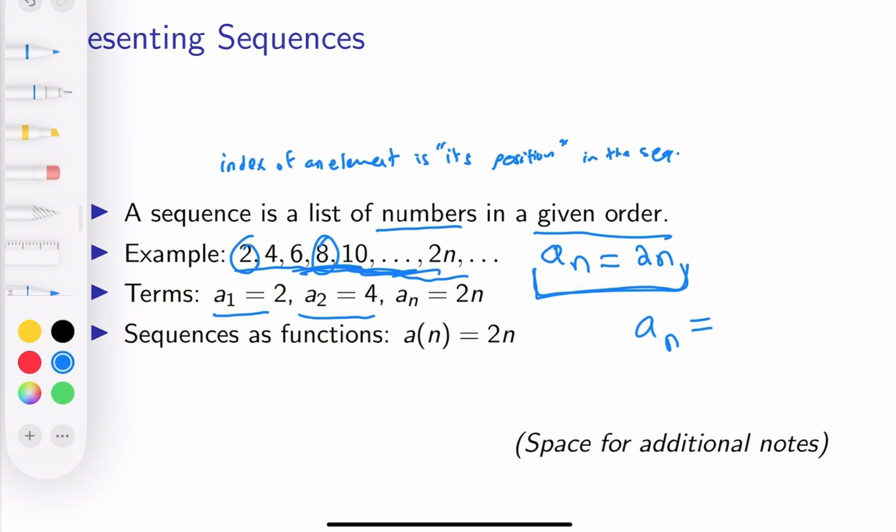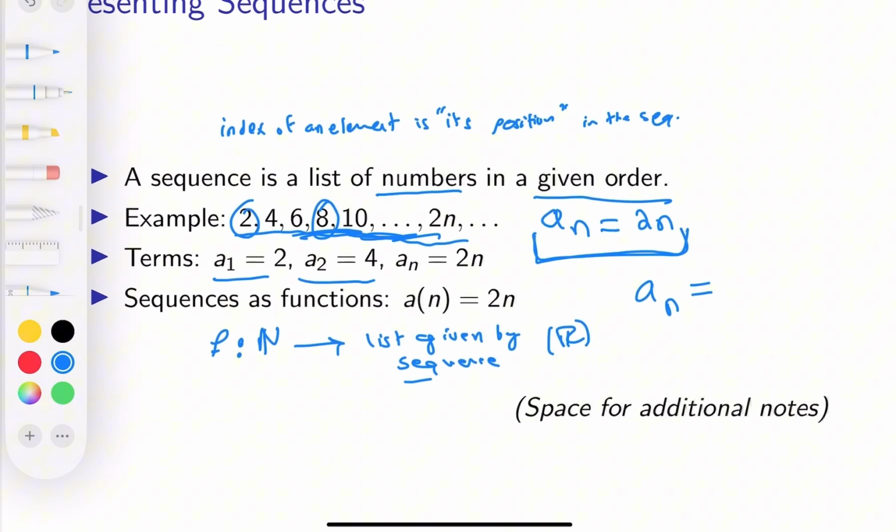There is another way. So these are multiple definitions of what a sequence is. There is another way of defining what a sequence is. You can define it as a function from the natural numbers to the list given by the sequence. In fact, you can just say R to R or to C, but in this case,